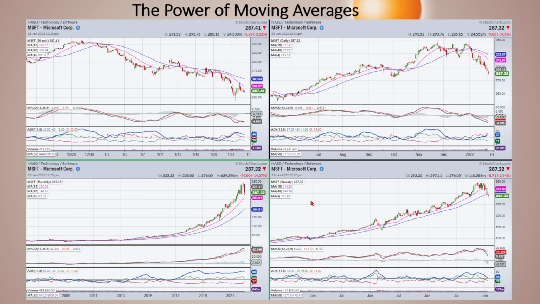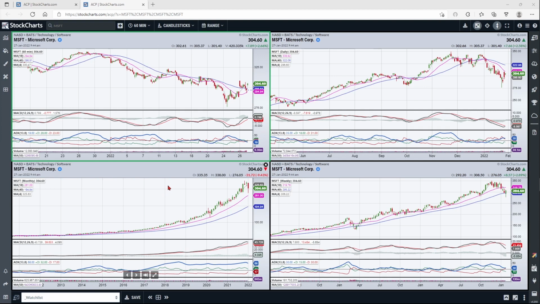Let's go ahead and get into the individual stocks, and we'll do more of this analysis looking at the moving averages and also the momentum characteristics. So undoubtedly by now you might have noticed that I actually did the lesson prior to Microsoft's earnings. And so now I'm looking at a chart Thursday morning as the market opens, and we have a live update of Microsoft. So I thought I would just look at this now.